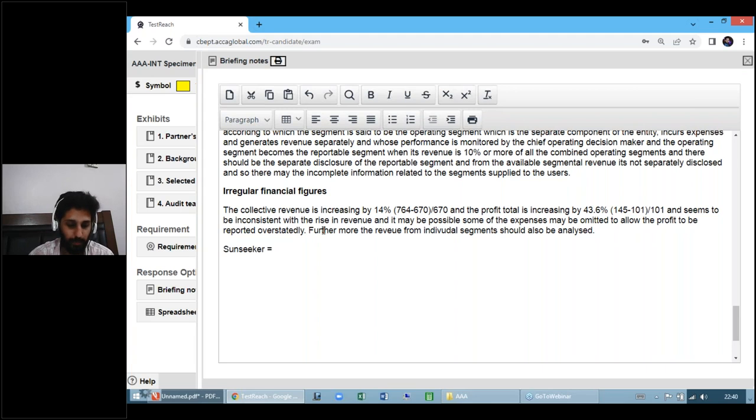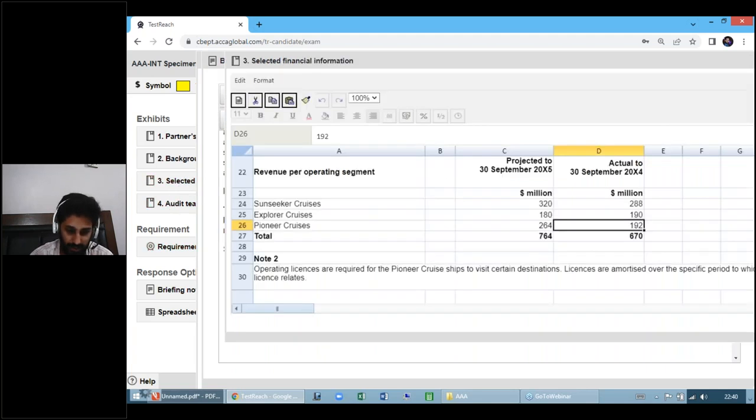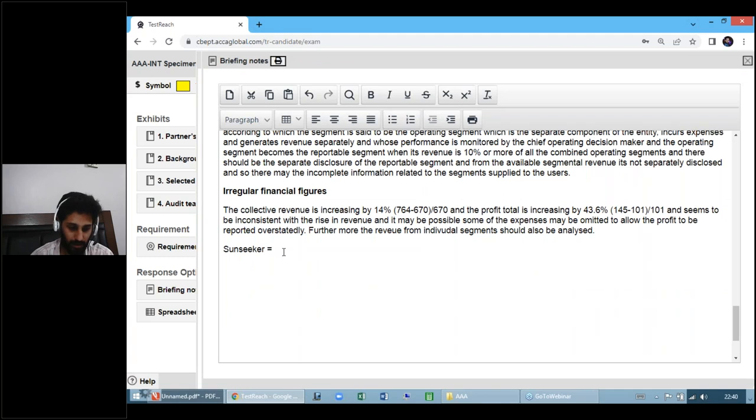Will you people please pick up the calculator and calculate the percentage? I'm doing it manually. For the Sunseeker, it's 11.1%. For Explorer Cruise, it is 5.3%. And for Pioneer Cruise,